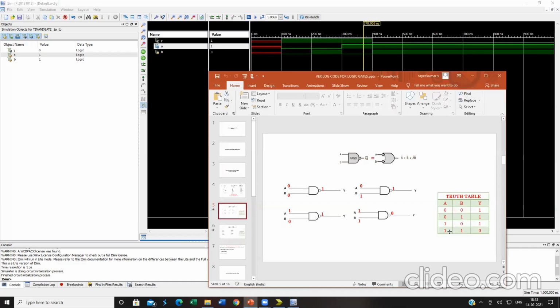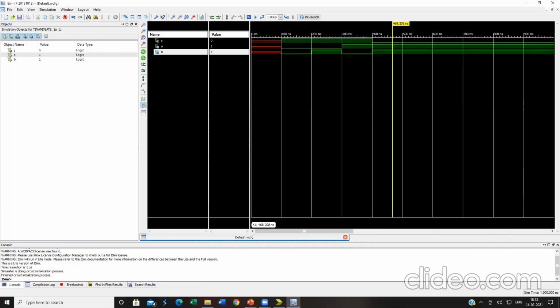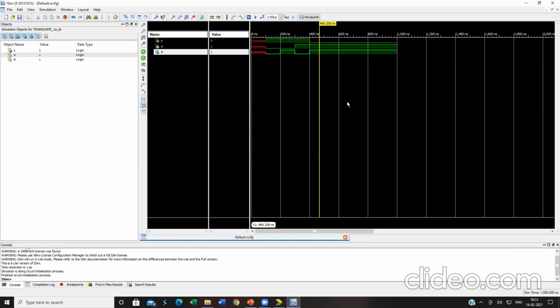And finally, for 1, 1, the output is equivalent to 0. Kindly click on zoom out. It will be showing this because I have limited my entire simulation only up to 1000 nanoseconds. So this is my simulation.